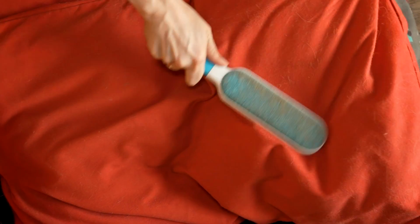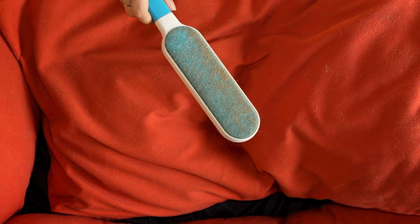Now, once the hair gets into the fibers of the stuff, it's very difficult to get it off. Your clothes or vacuum cleaners and stuff don't work on that. You have to still brush it down. This does a wonderful job of that. So you just kind of brush, whatever the fabric is here, across it, all the hair gets collected on this,